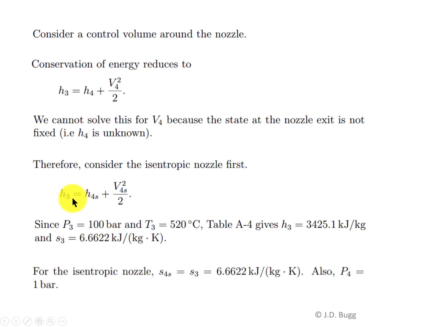S4S is equal to S3. So for the isentropic nozzle, the entropy change is 0. So we have a value for S4S, and we also know P4 is 1 bar. So that's our two properties, pressure and entropy, that we can use to look up the enthalpy at the exit of the isentropic nozzle. So we go to table A3 and we see that our particular value of entropy is